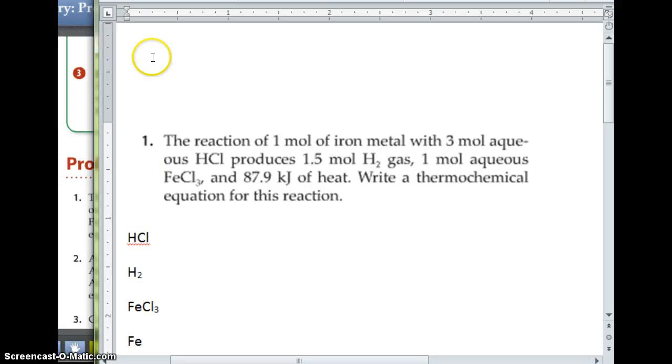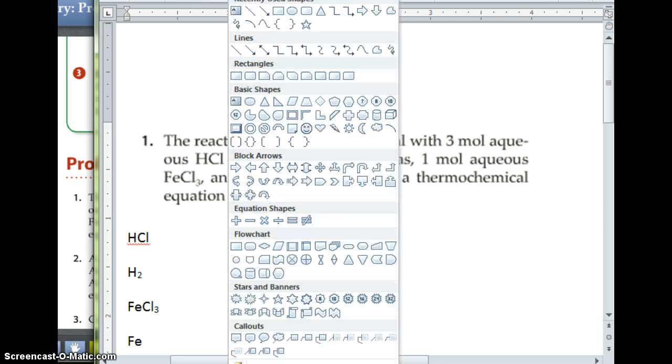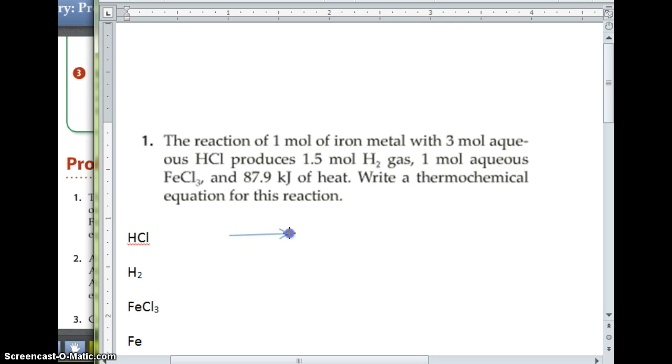Okay, basically what I like to do for these is just break it down into bits and pieces. So I'm writing a chemical equation. Read it again. The reaction of 1 mole of iron metal with 3 moles of aqueous HCl produces. So produces, that's my product. That tells me that produces is my arrow, my yield sign. All right, so we're going to put that there. And what produced something? Well, 1 mole of iron metal. So that's my Fe. So Fe plus HCl produces,